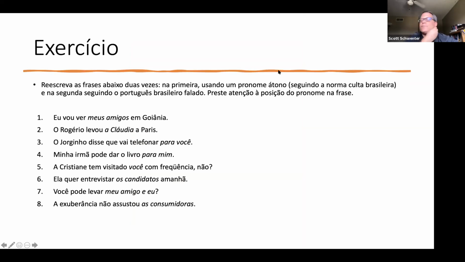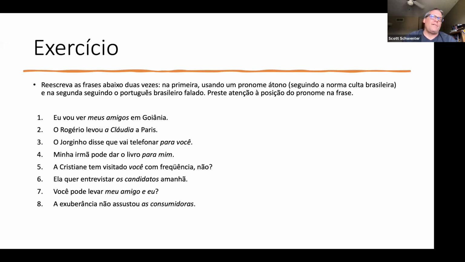Okay, so here's an exercise. I won't have you do it, but just so you can see the type of exercise that we might use with learners. And one of the things that you might have noticed so far is how different the spoken language of Brazilian Portuguese is compared to the written language. Basically, the written language, the normative grammar, which is always based on written language, right, is pretty much the same as in Portugal.